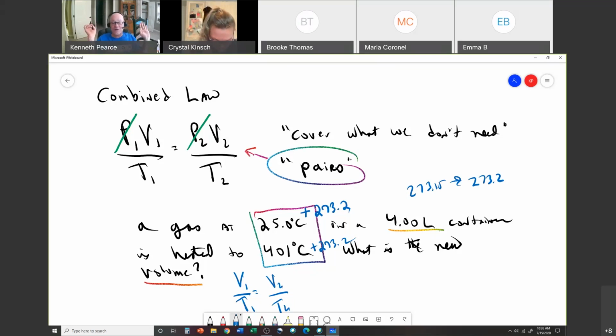My physics friends tell me that when they get our chemistry students in physics, if they know anything, they know significant figures. They might not know anything else from chemistry, but they can do significant figures. I hear this literally from my physics friends. And so you're going to do significant figures. 273.15 rounds to 273.2, which is why we add that. And so this becomes